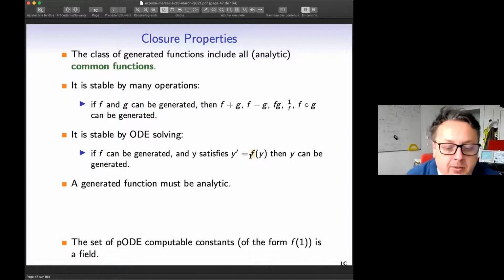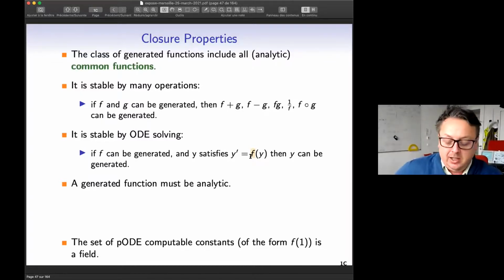If you think about the functions you heard about at school, like tangent, arctangent, sinus, exponential, and so on, all of them could be obtained easily using the previous methods and stability properties. So this is one of the reasons why we realized that the class of generated functions is very wide. And I think it may help to realize that this is something similar to what happens for